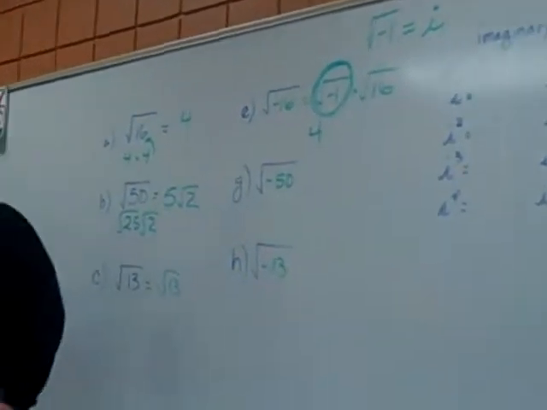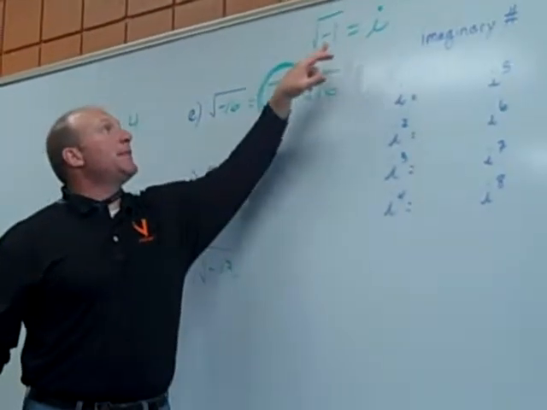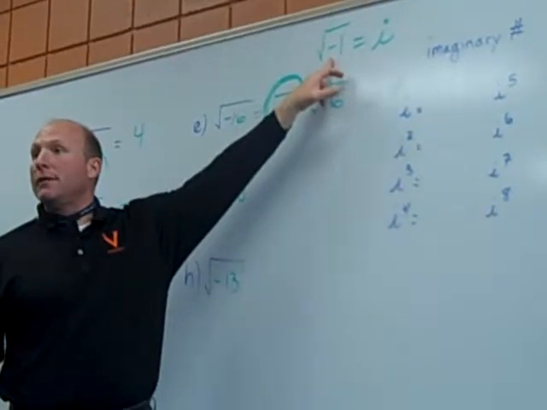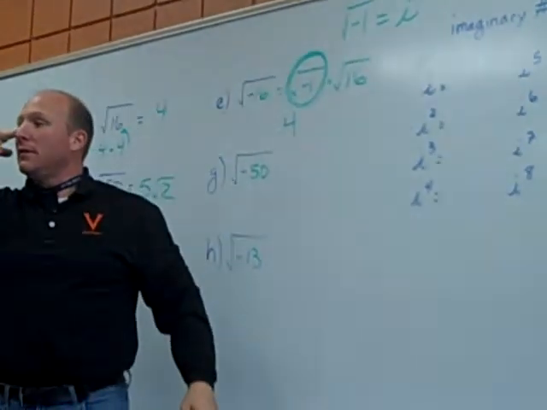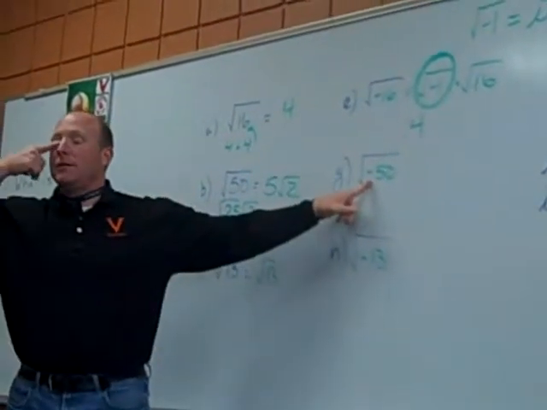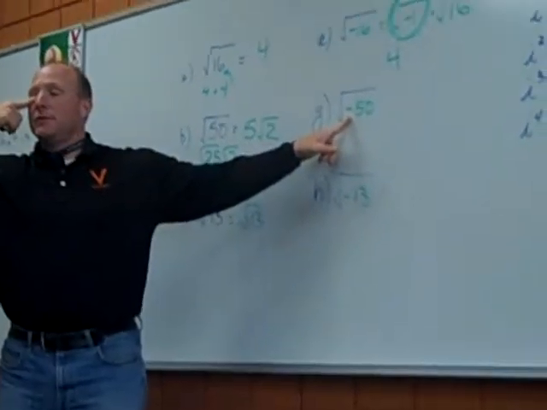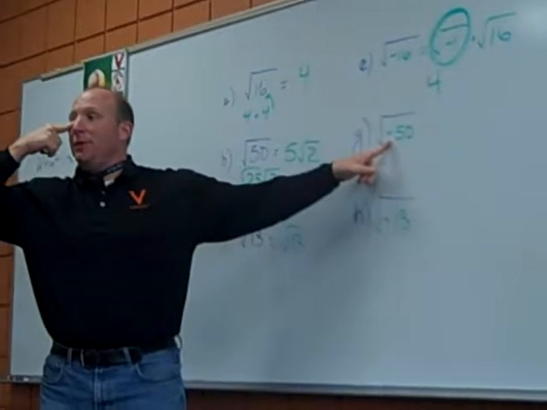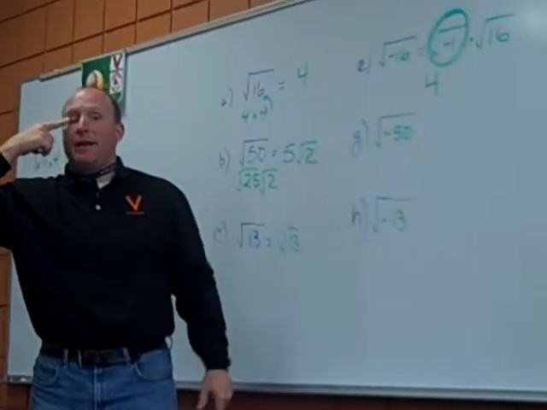It's a representation. The letter I will represent the square root of -1. Anytime you have a negative inside your radical,